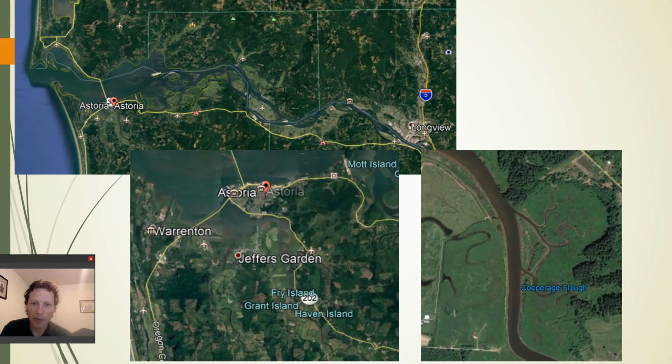This is 100 miles of the Columbia River. This is the bulk, although not the entirety, of the Columbia River estuary. So this is the part of the lower river that is influenced by tides and by salt intrusion. Salt reaches from the Columbia River bar,